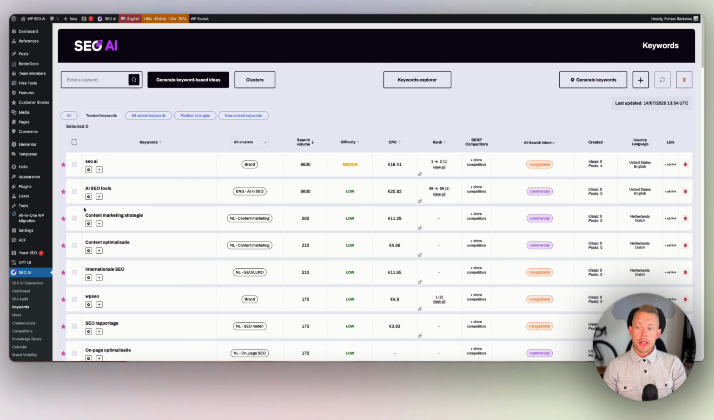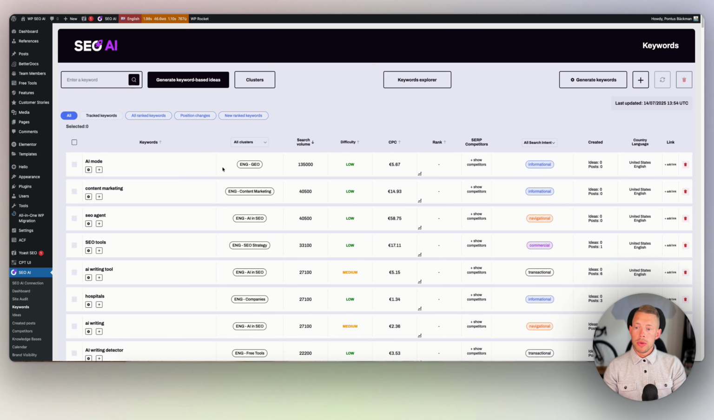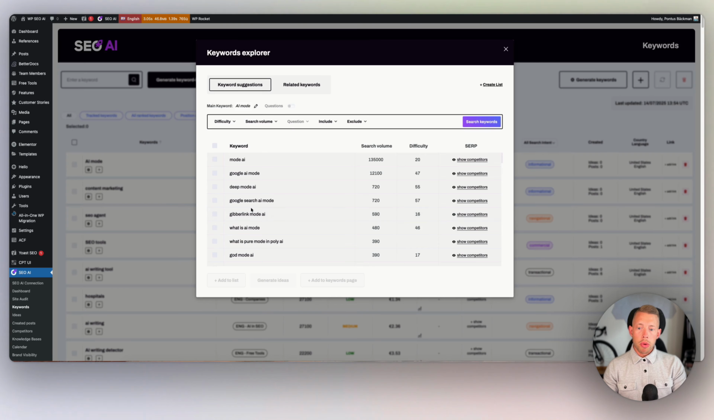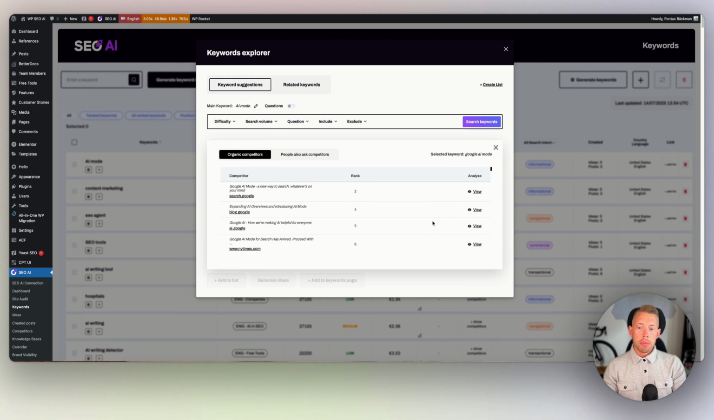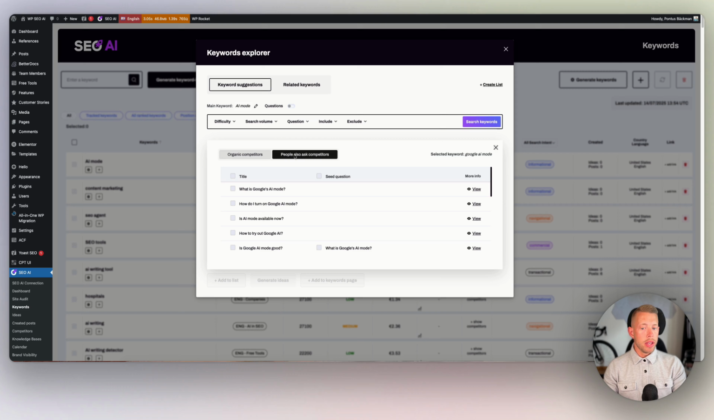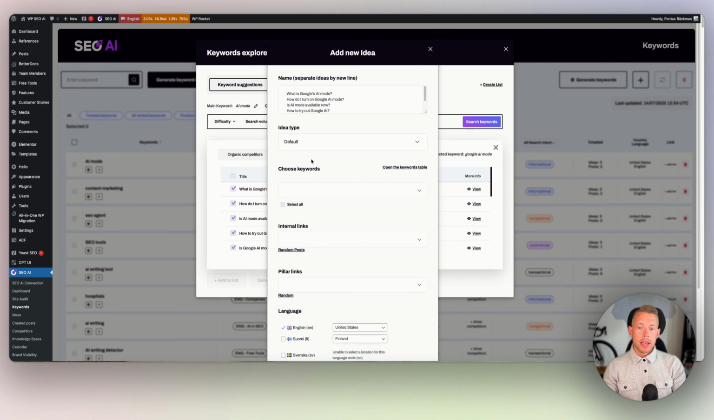And then the final step, if we now go back to all keywords, I open one of the keywords over here, we will get back the Explorer page. Now we can have a look. Let's say we take Google AI mode, show competitor. Now it will fetch all of the competitors we have. We can also see what people are asking about this. And this is quite interesting because now I know that this is something that people want to learn about this specific keyword. I can simply select these, add them to ideas, which would then be also asked, of course,